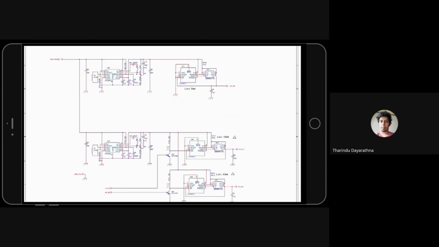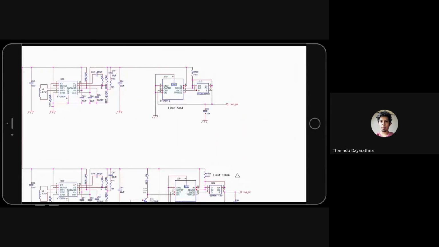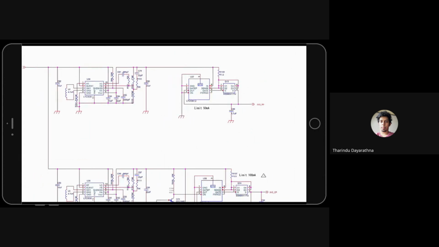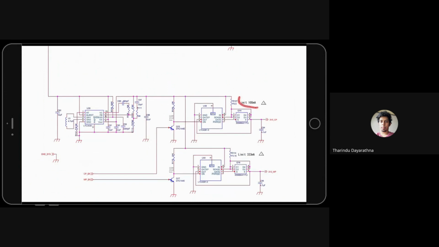You have to see, it's a very important thing here. This one is not a huge current OCP. This is a 50 milliampere OCP. Previously, it was like 2 ampere, 4 ampere, something like this. Can someone explain why this low current is there? Comp peak only uses 100 milliampere. Main peak only uses